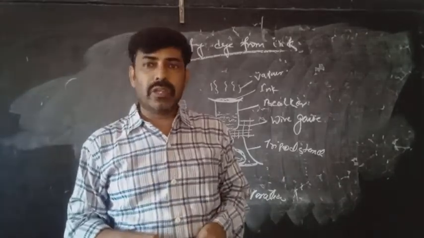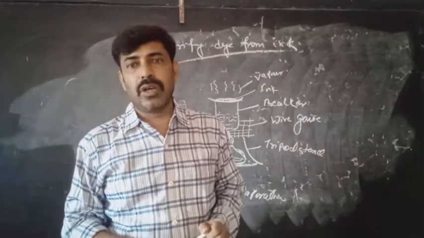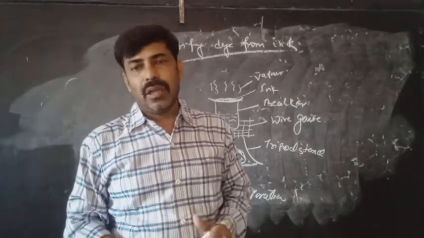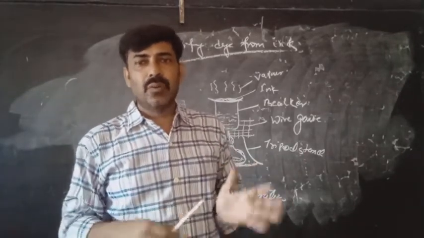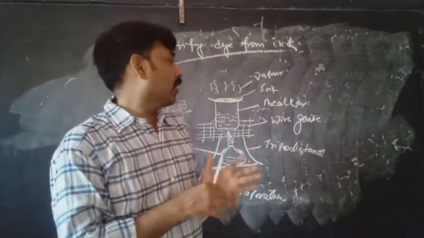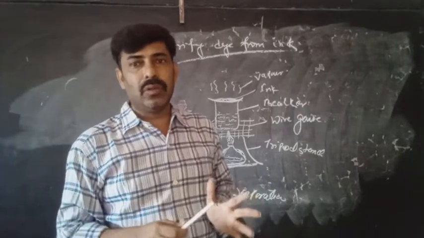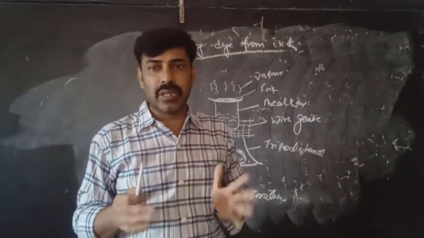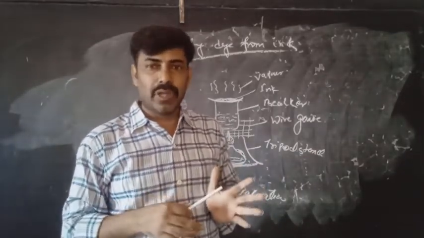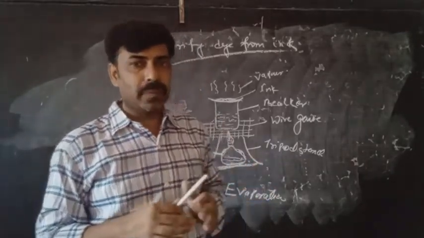That can destroy the nature and quality of the dye, and to avoid that we are heating this way, trying to prepare a pure and good quality dye. That means whatever the quality of the dye was, to maintain the same quality we are preparing it here. Okay,